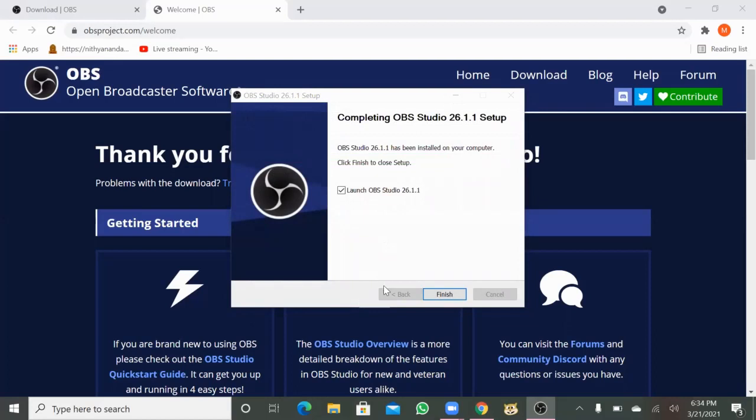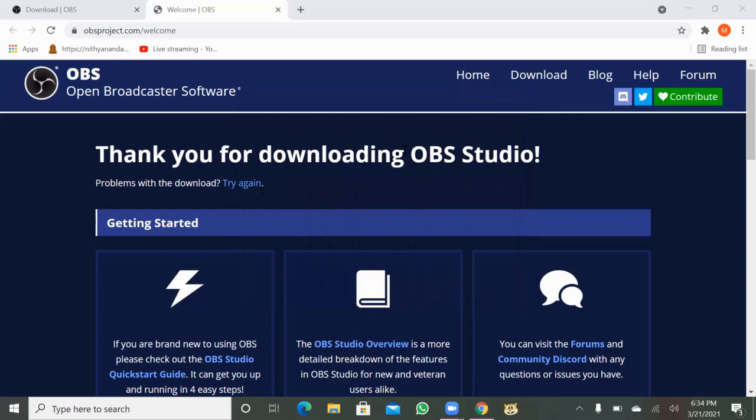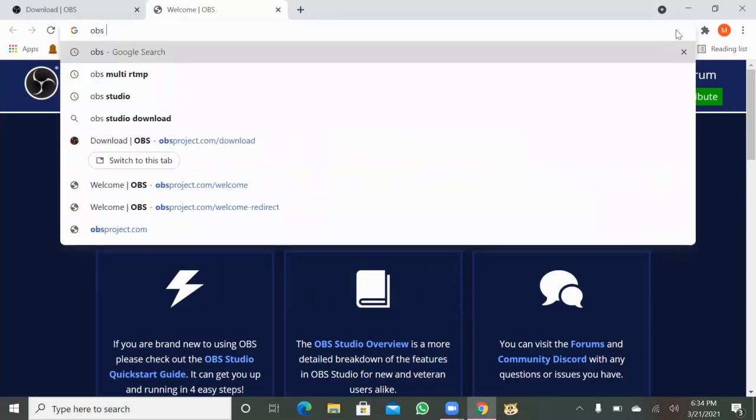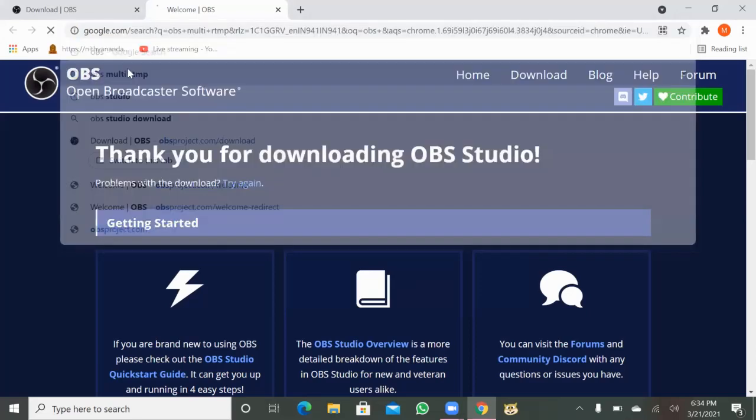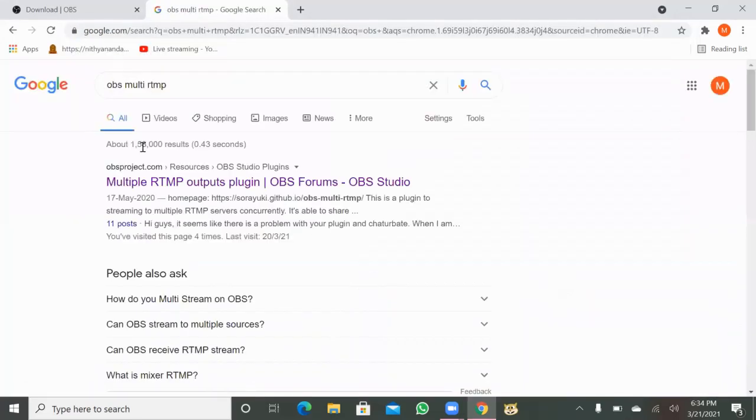Okay, once the installation is finished, don't launch it as of now. Just click on finish. And we want to install one more plugin, which allows us to stream to YouTube and Facebook at the same time. So for that, just go search for OBS Multi RTMP on Google and visit the first link